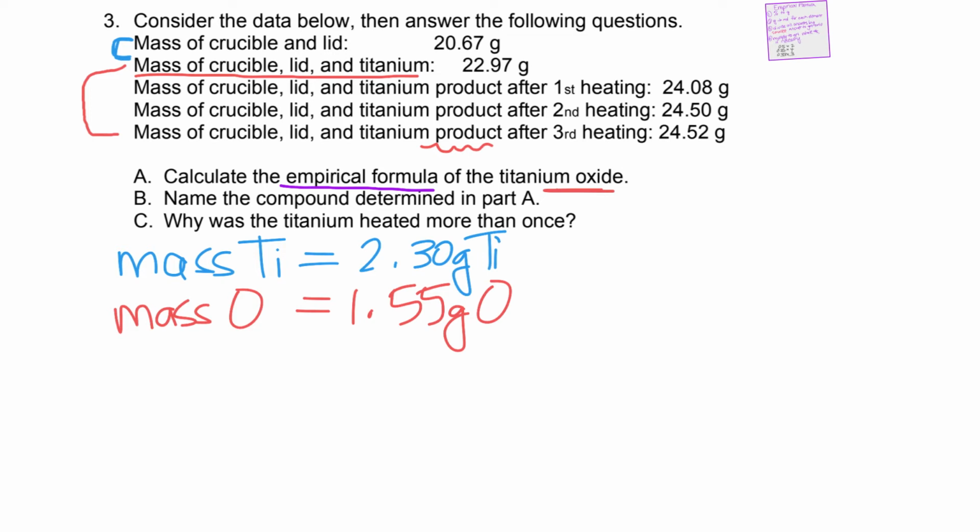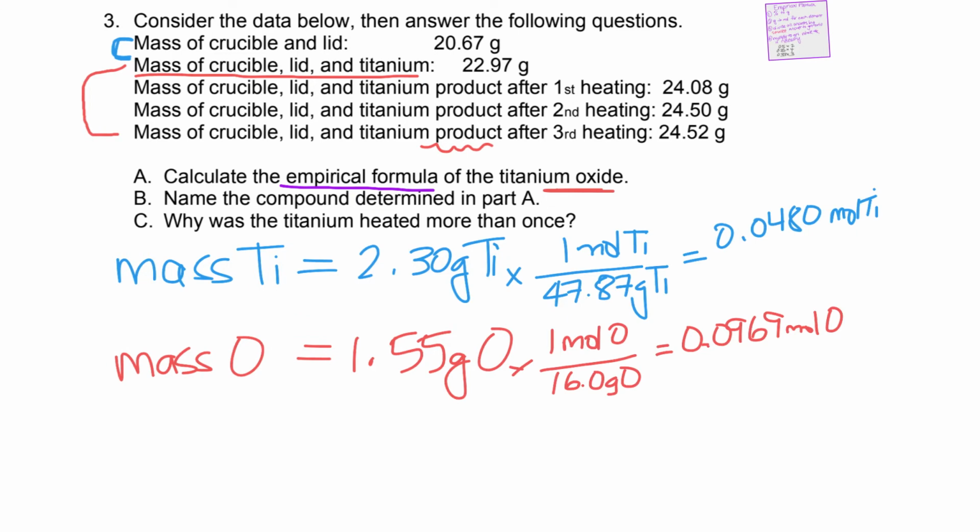So I'm going to do that and then I'll come back to you. I've carried out the conversion from grams to moles for both the titanium and the oxygen using the molar mass. And now I'm ready to divide by my smallest answer. So the easiest thing in the whole world is to figure out which is your smaller value. So the smaller value is the